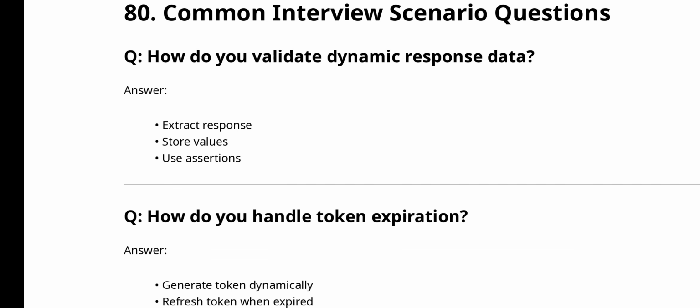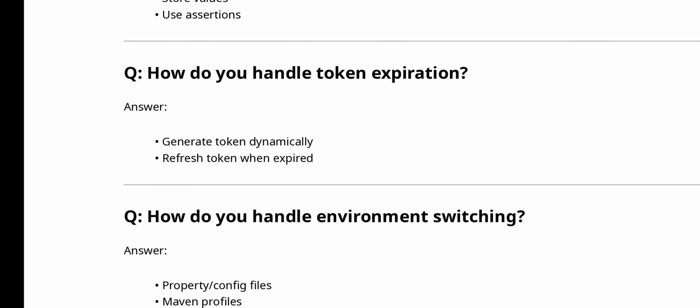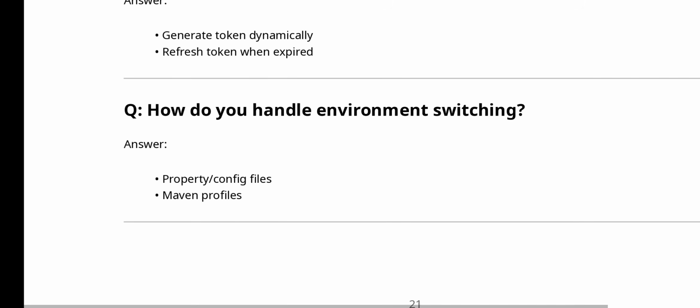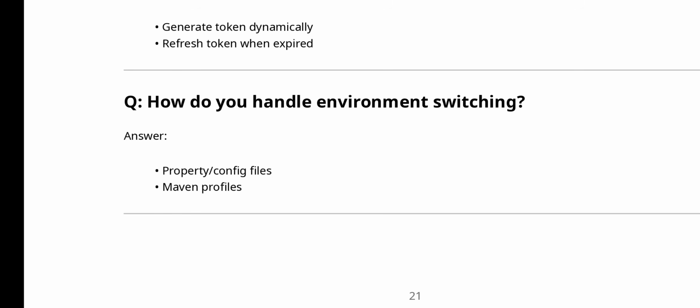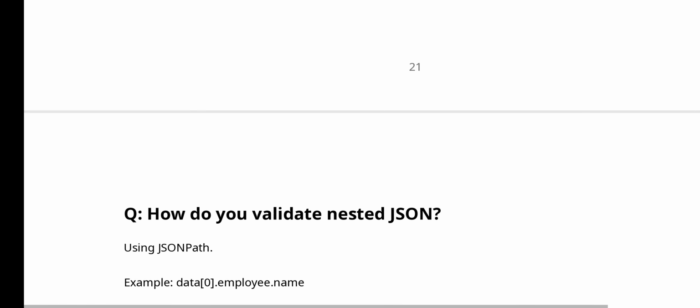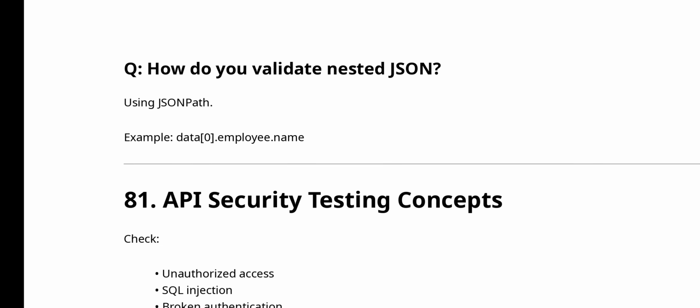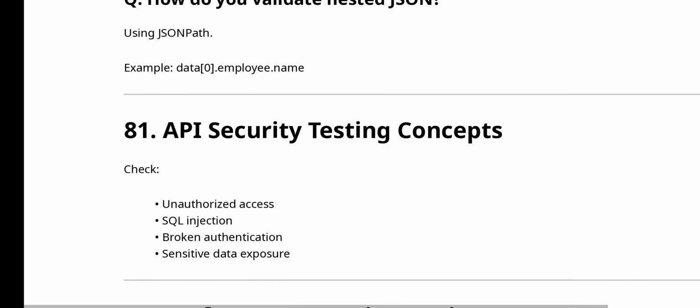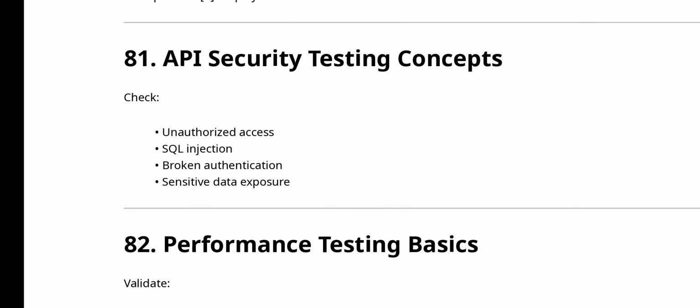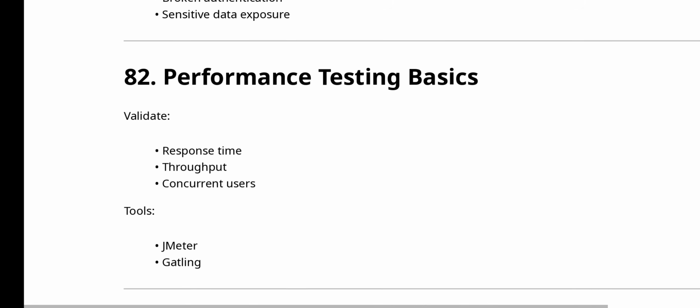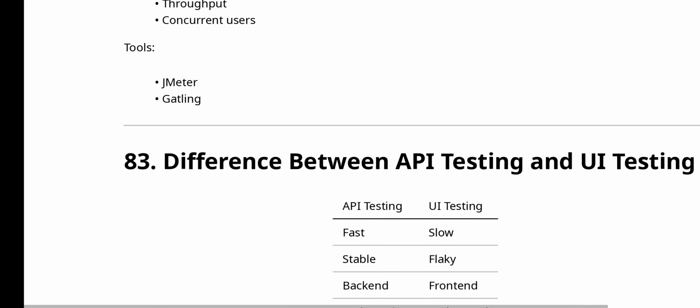And we have talked about how to validate the dynamic response data. We have talked about how to handle token expiration. We have talked about how to handle environment switching. We have talked about how to validate nested JSON, about API security testing concepts, performance testing basics, and difference